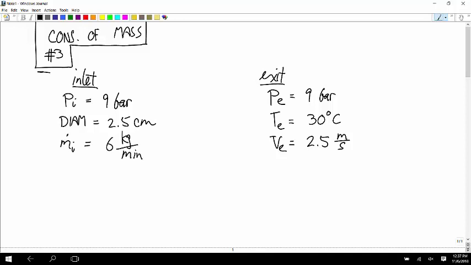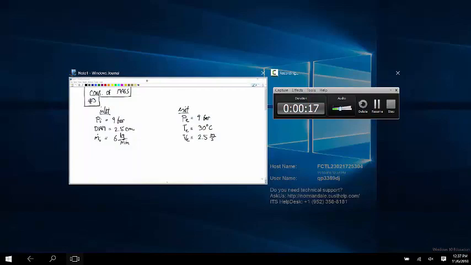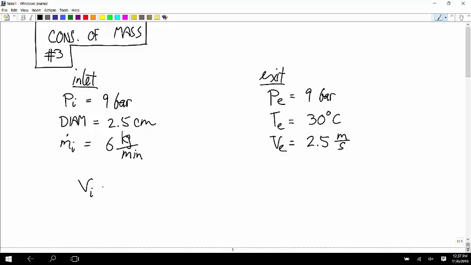We're going to want to convert that and do this whole thing in SI units. And we want to calculate the velocity at the inlet, the diameter of the exit pipe,